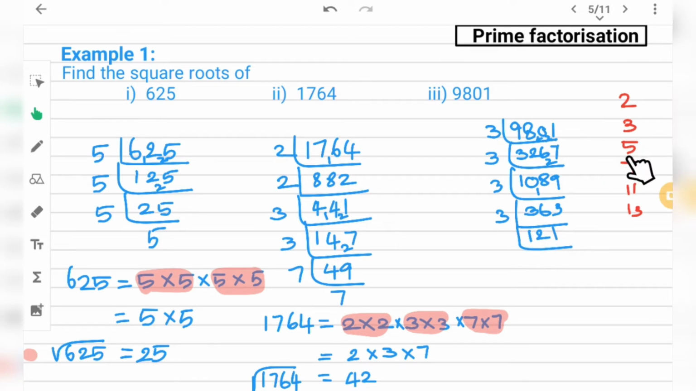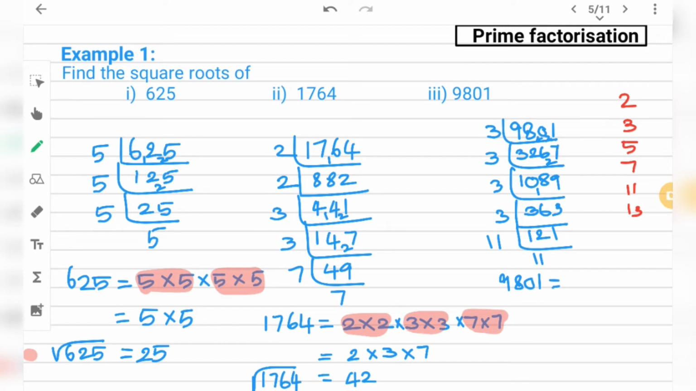Then what is the next prime number? 5. In the ones place we have 1. So 5 is also not possible. And 7, it won't come in the 7 table, right? And next one is 11. Yes, 11. 11 11's are 121. Therefore,